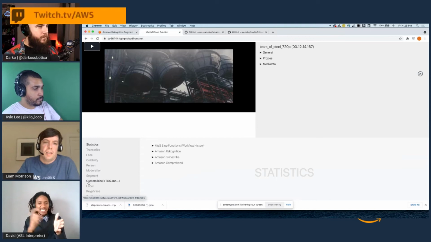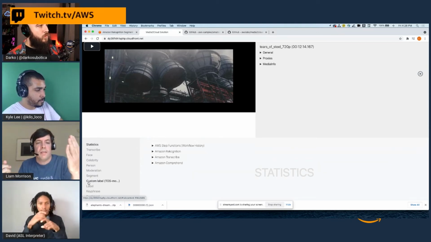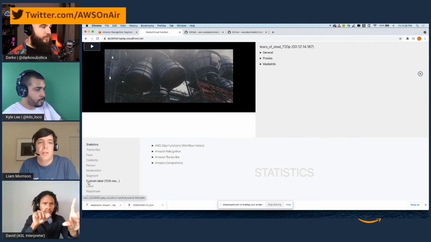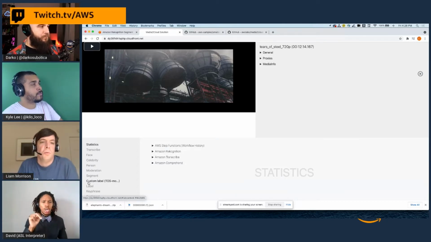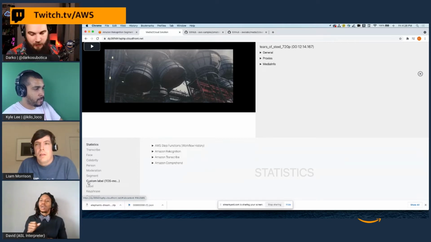This is all going into Elasticsearch, so you can actually do complex searches of where is the shot that has nudity in it, for instance, and then you could filter that response back. So this is wonderful if you have like, I guess there's a